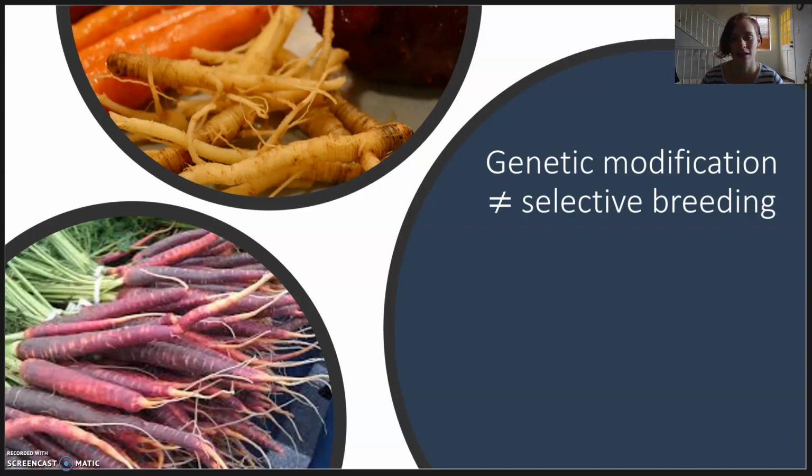But this is really different to selective breeding. It's breeding to keep particular beneficial traits in a population. So, for example, carrots are a really classic example of this. They are initially purple, right? That's their natural color, but they were grown in Holland and the Dutch love the color orange and they wanted to make more orange ones to satisfy the king. So they bred more and more of those orange ones just by taking the mutant version and just breeding those,